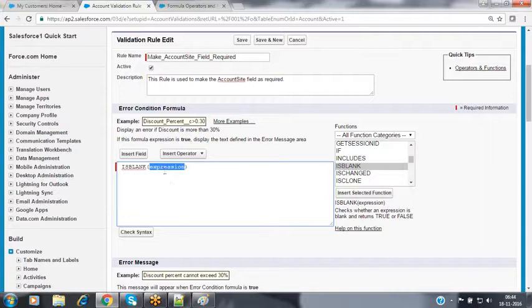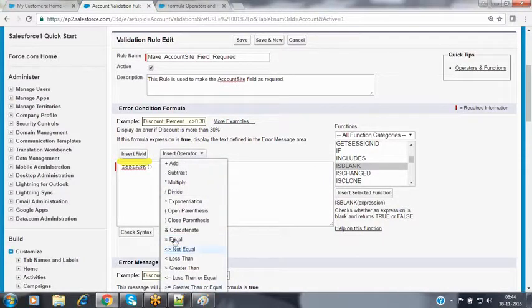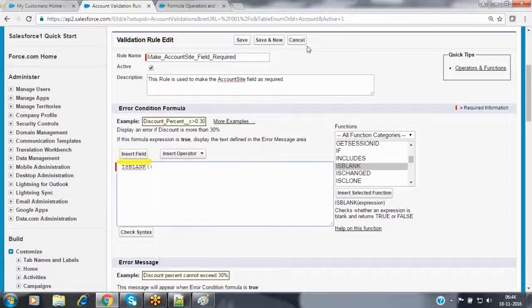Now in this expression place, I want to place the field name. Then do you need to type that field name manually? No, don't type the field name manually. If you don't know the field API name, simply use the button called Insert Field. By using this Insert Field button, we can insert a field name directly here. Or if you want to use any operators inside this, you can use all the operators provided by Salesforce. Mathematical operators, logical operators, comparison operators, everything we can use inside this validation condition over here.